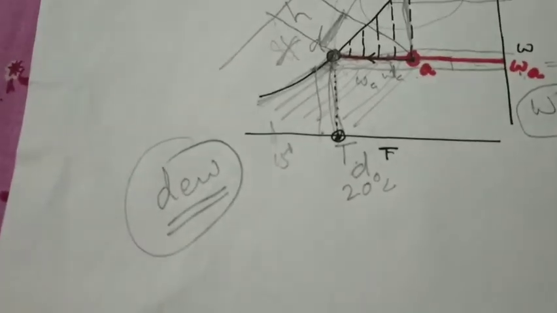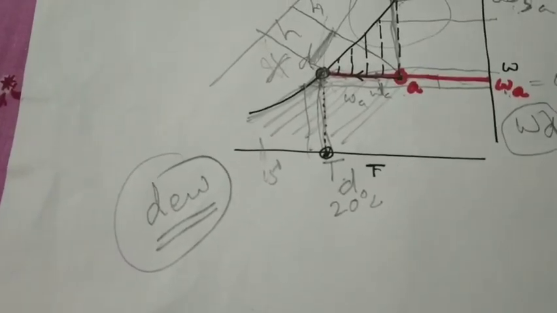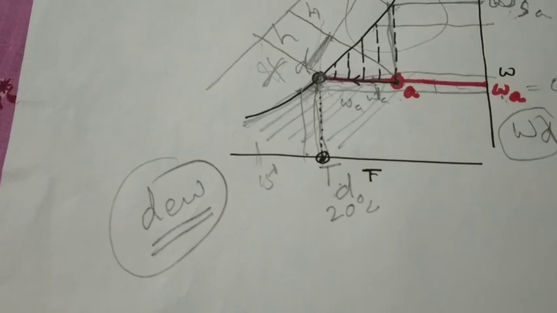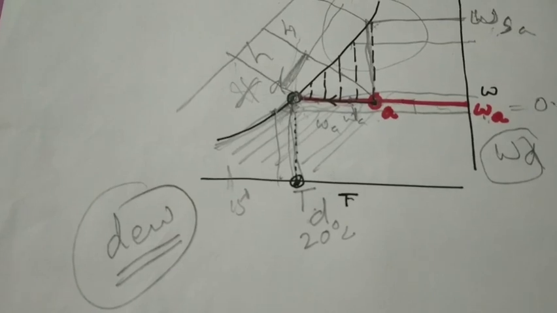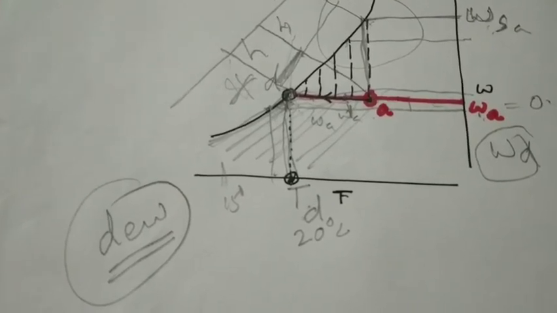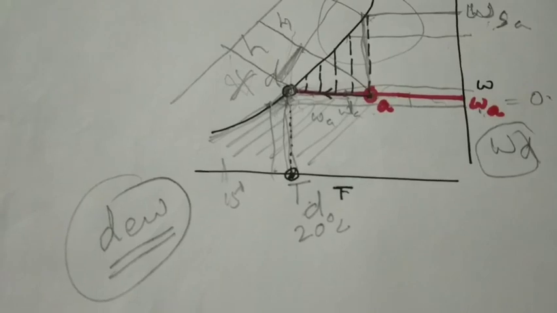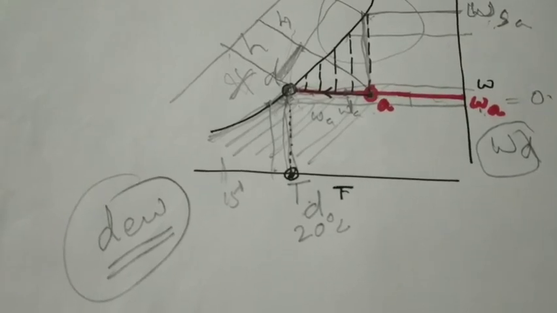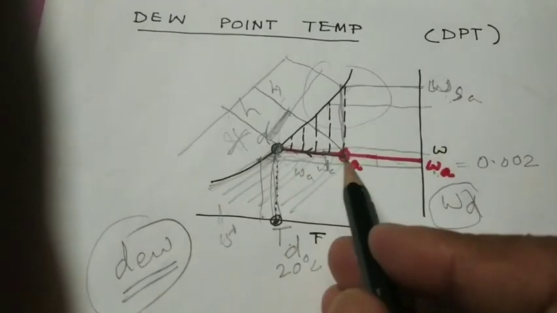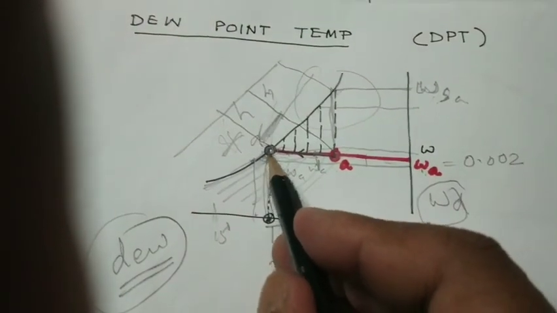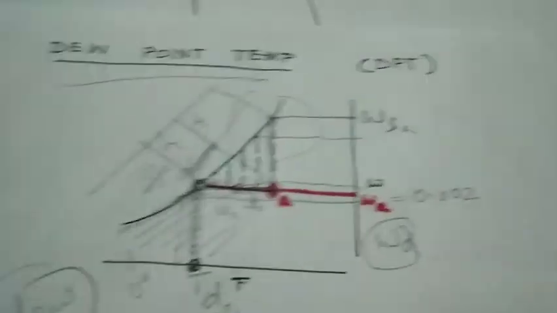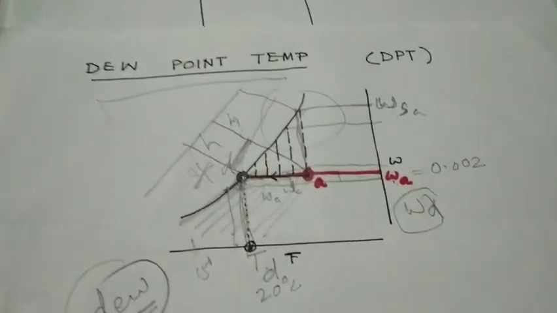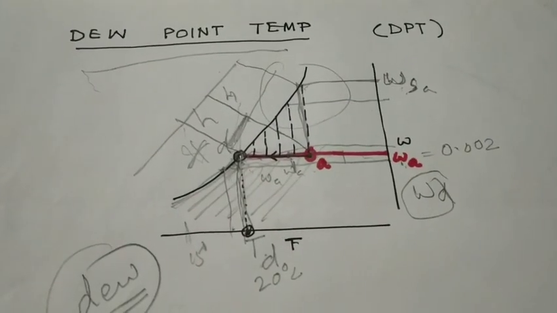Dew is the condensed water which is from the water vapor content of the air because of the drop in temperature. So the enthalpy saturation has already come, and therefore now the point at which the temperature decrease causes water vapor to condense and form dew. So this is the minimum temperature which a condition can take, and this particular temperature value is known as dew point temperature. So what is a dew point temperature? Dew point temperature is a temperature achieved for the air when